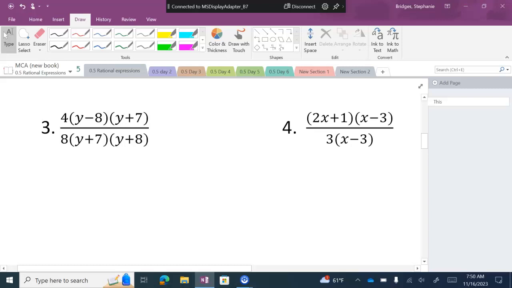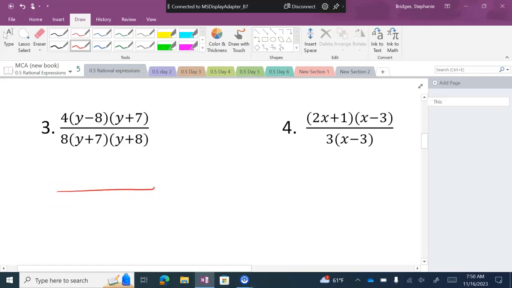Can any of that continue to factor? It looks like it's already been factored a little bit. Can any of it continue to factor? We have binomials. The only way we can factor binomials is if they're perfect squares or perfect cubes. Do I see any squares or cubes up there? No. Okay. So since it's already factored for me, all I have to do is go through and simplify every